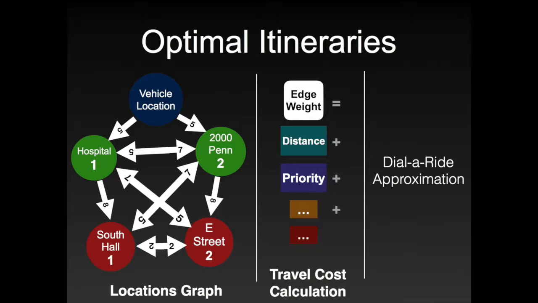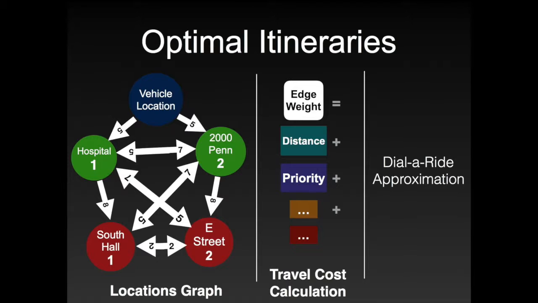But the most important thing you're also probably wondering is, how do we actually create these weights and what do they mean? Well, first, what they mean is it's just the cost of actually going between any two points. And the most intuitive thing that we consider in this is just distance. But distance is not the only consideration as you really start to think about this algorithm. You should also consider traffic patterns. You should consider priorities, which is what I've added into this system. But I know that there's a bunch of different things that I'm probably not thinking of. So I made the system extendable to add an indefinite number of additional factors in this weighted sum travel cost